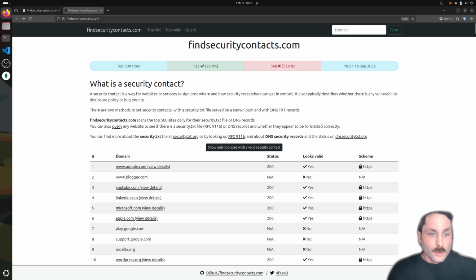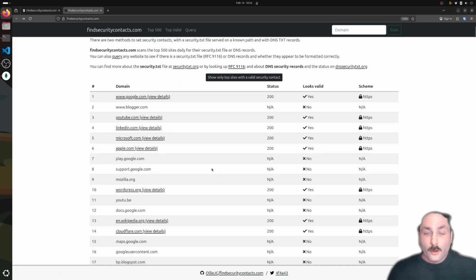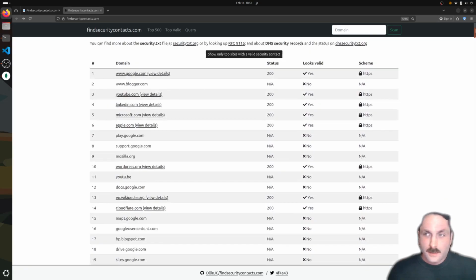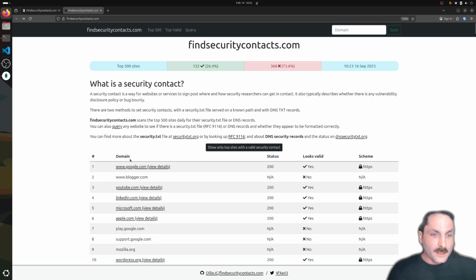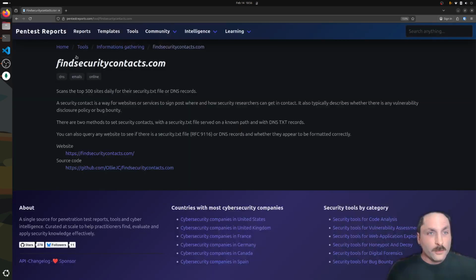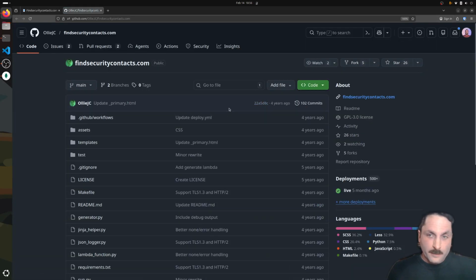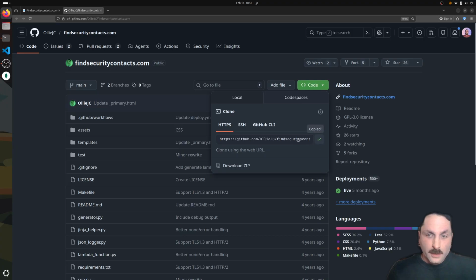Okay, but what if you have your own domain list? This list is hard-coded, so it does not change. The tool refreshes the information, but the domain list does not change. So what you need to do is, of course, change the domain list. For that, you need to run the tool locally. So I'm going to be cloning this application,